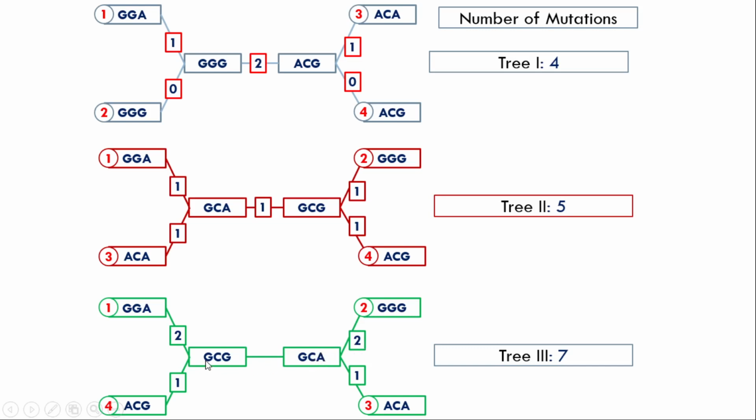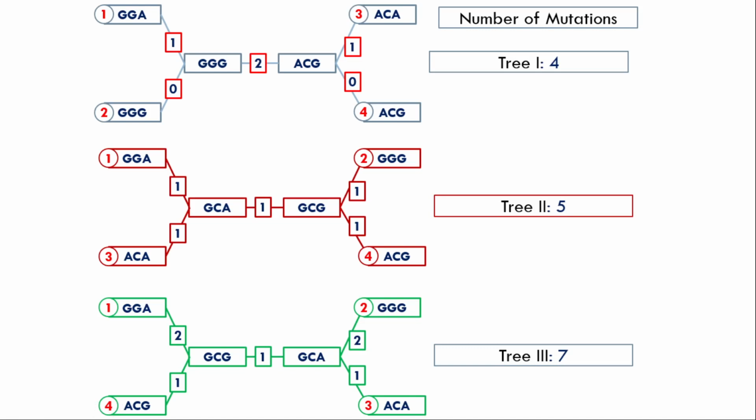2. And now you compare how many mutations there are in the ancestor of 1 and 4 and in the 2 and 3. So GCG and GCA, here you can put, see how many mutations, only one mutation. So now you can count the total number of mutations in tree 2, which is 7. Now you compare which relationship has the minimum number of mutations. So the minimum number of mutations is in tree 1, means you can conclude,